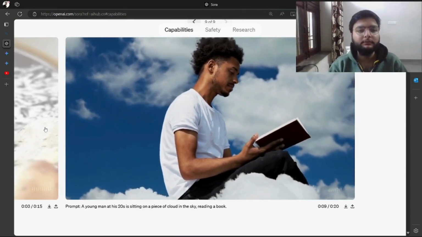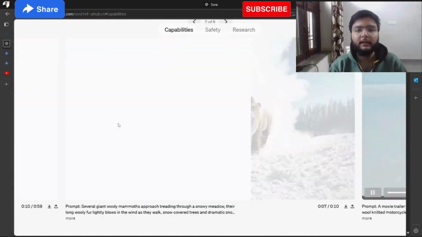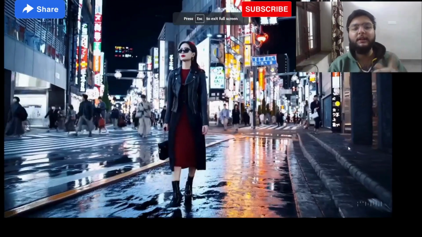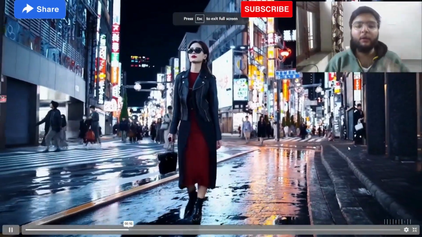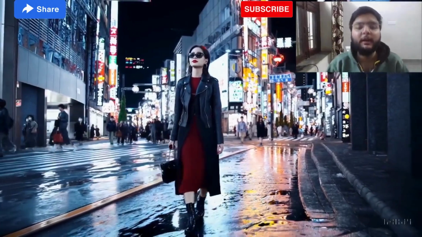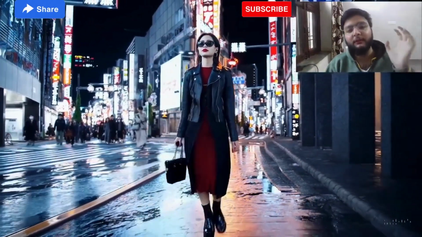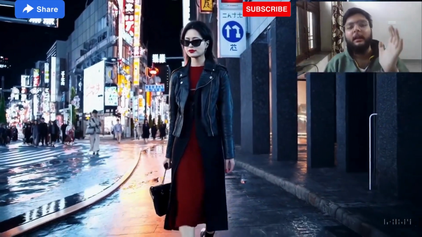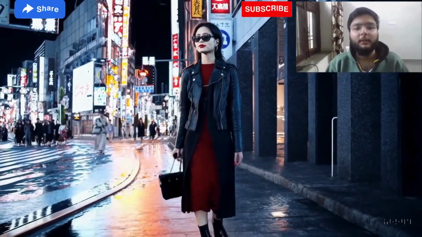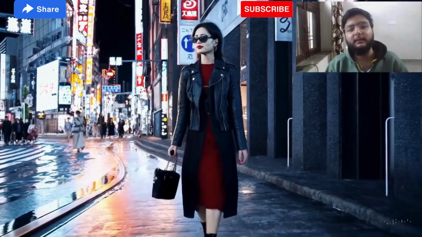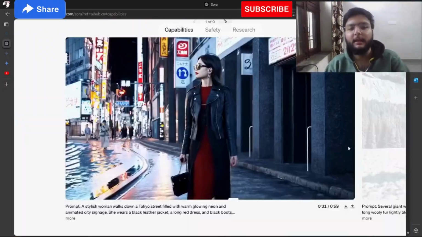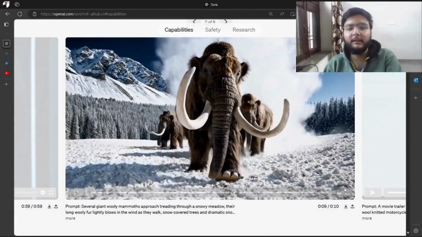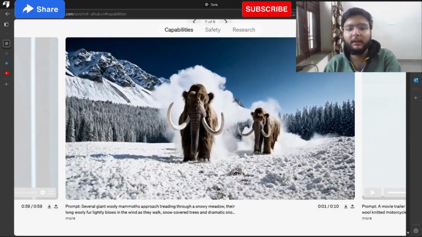Now let me show you some of the amazing examples given by OpenAI itself about their product. There are lots of examples given. First of all, see this beautiful work. This has been generated by the AI, but no one can predict that. Only professional filmmaking industry stakeholders can tell that this was created by the AI, because it looks really realistic. And after that, see these elephant videos, they are also looking realistic.